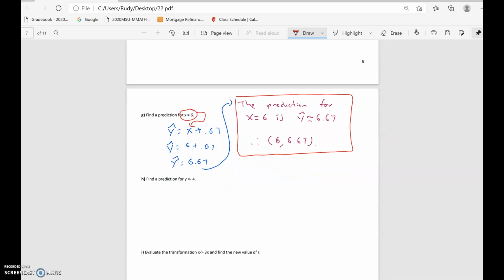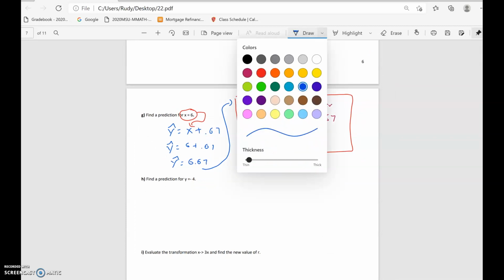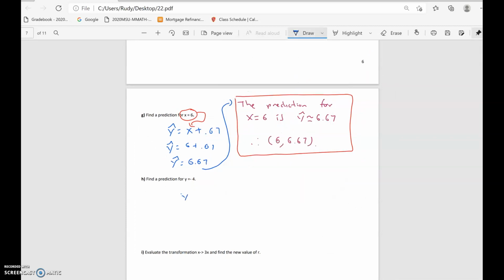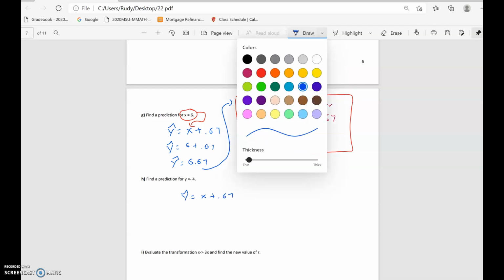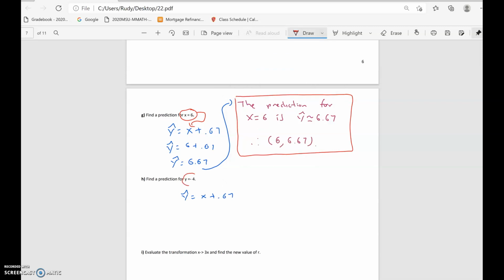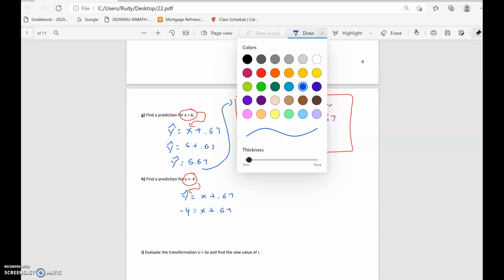Now let's take a look for y is equal to -4. So we're going to start with y hat is equal to x plus 0.67. And on this particular one, we're given that y is this value. So we would simply say that -4 is equal to, and let me rewrite it, -4 is equal to x plus 0.67. And let's actually, in this case, subtract